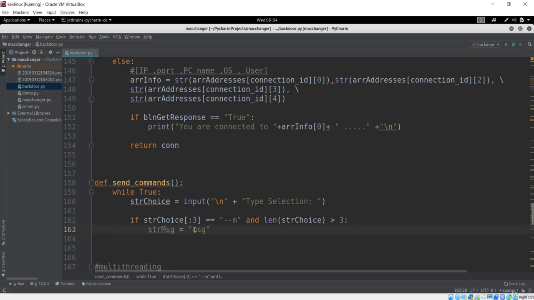So we'll send the message that is sent by the user with this msg identifier, and now I'll get the string choice, and everything after this dash dash yum will be our message. That is basically stripping over here, so it should be something like dash dash yum and hello, where hello will be our message. This string choice will contain only hello, because we have removed this dash dash yum.